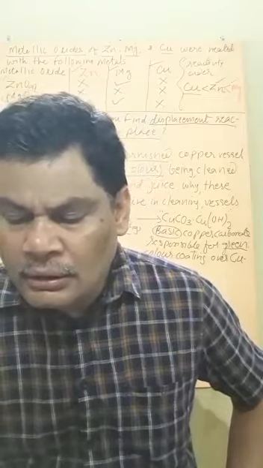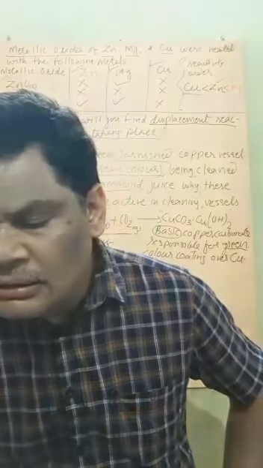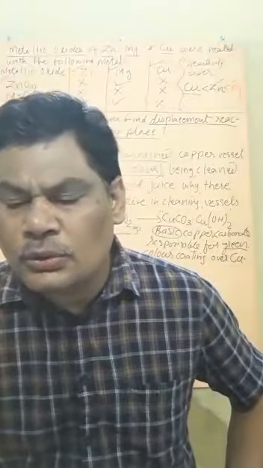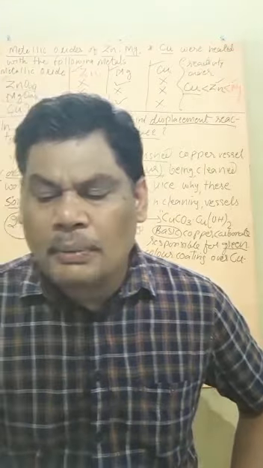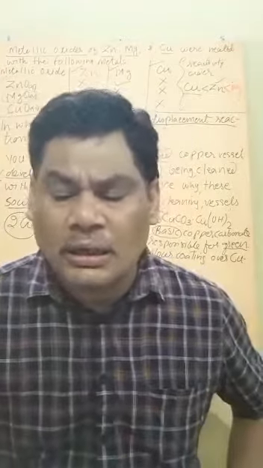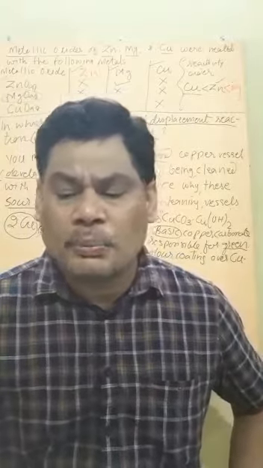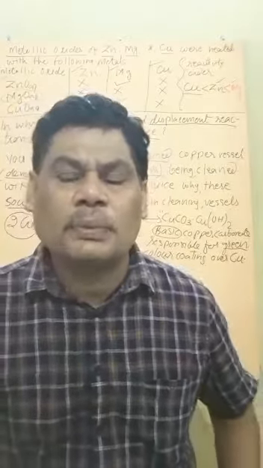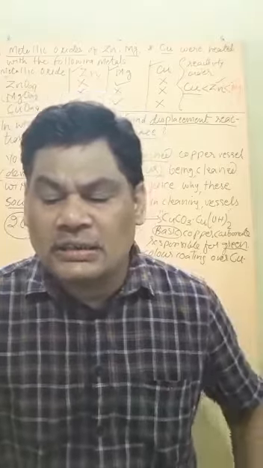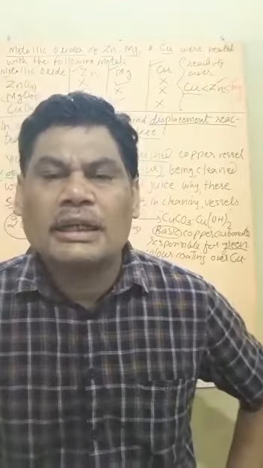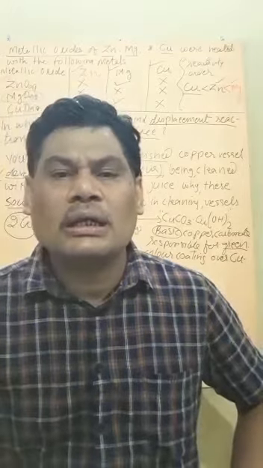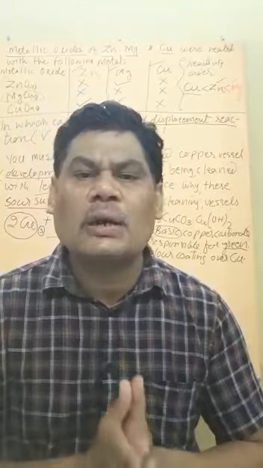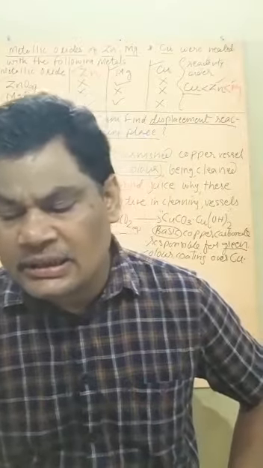Then I have some more questions. Almost all the questions are completed. What type of oxides are formed when non-metals combine with oxygen? So student, again this is a point of difference between metals and non-metals. When non-metals combine with oxygen, they form non-metallic oxides, and when these non-metallic oxides are dissolved in water, they form acid. Like when carbon reacts with oxygen, it forms carbon dioxide, but when carbon dioxide is dissolved in water, it forms carbonic acid. So it is acidic in nature.